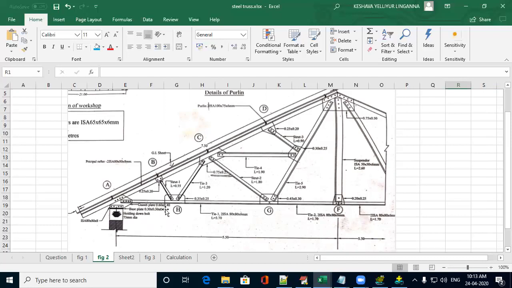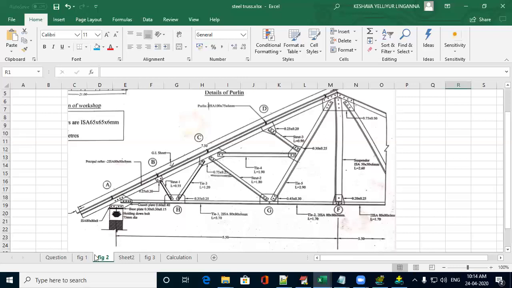and it is of thickness 0.15. And here you can see they have given ISA 80 by 80 by 8. This is a cleat angle which is used to connect the base plate with this gusset plate. This is a cleat angle. So the cleat angles will be two numbers for the base plate, and the cleat angle will be here also, one at the purlins. To connect the purlin and the rafter, these cleat angles will be used. At each joint there will be one cleat angle.